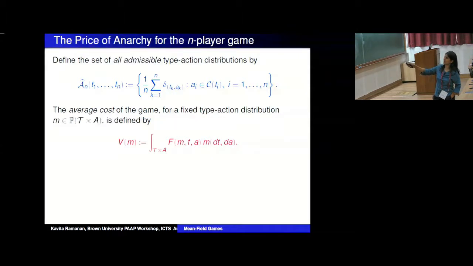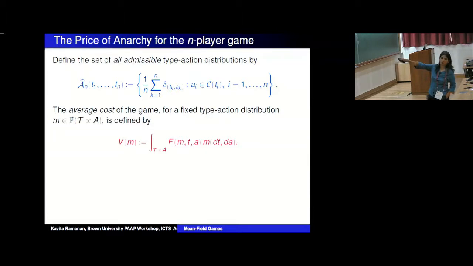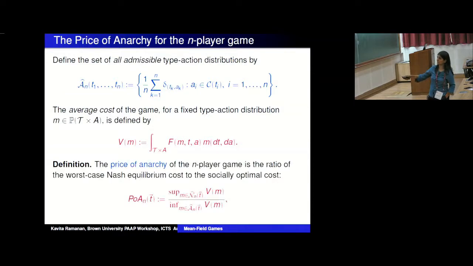So again, I said of all admissible, I still have to have only admissible. I can't take somebody who wants to go from San Francisco to New York and take them to Portland. So this still has to be maintained. But otherwise, it's all type action distributions, right? But then it's just subject to the constraint. And then the average cost for any fixed type action distribution is simply this, right? So given any type action distribution, what is the cost of that particular type action? It's just the integral of your payoff function with respect to that type action distribution. Is that clear? Okay. So then the price of anarchy of the n-player games is simply the ratio of the